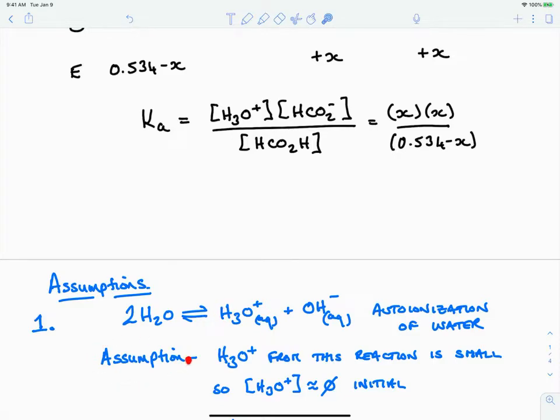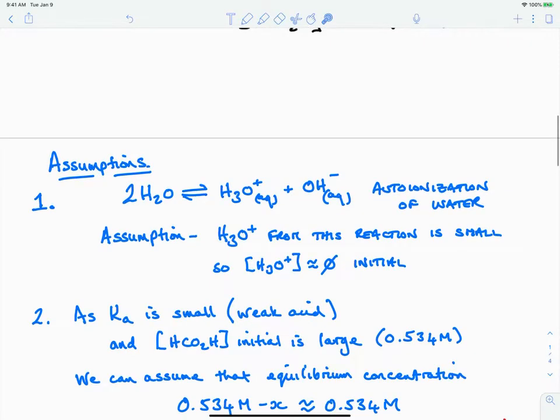And the assumption that we can make is that the amount of this autoionization that is occurring is very small, so that the initial value of hydronium ion is going to be approximately 0. And we need to make that assumption clearly. And the second assumption that we can make is, as Ka is small, because it's a weak acid, and that